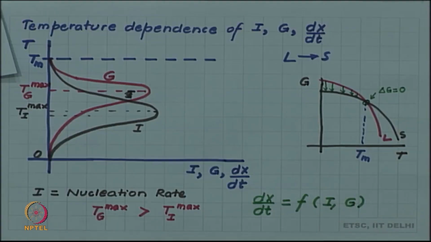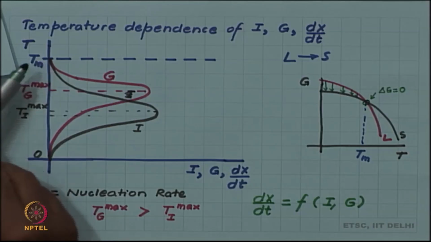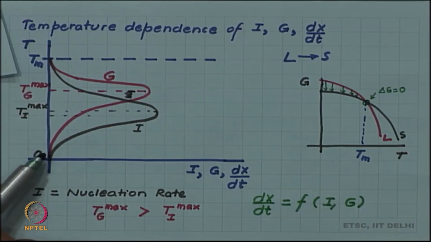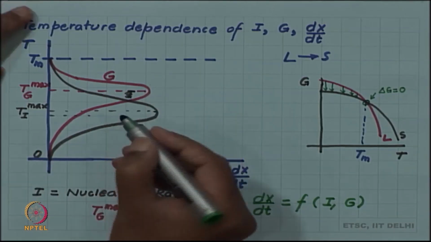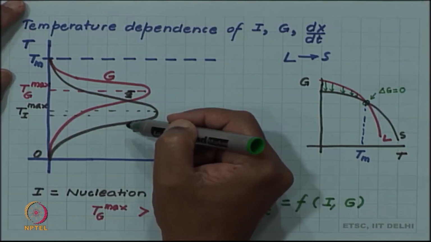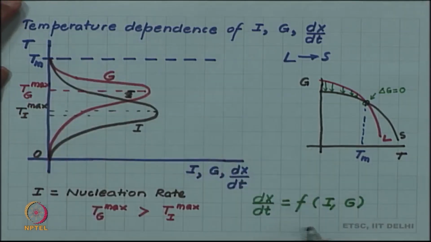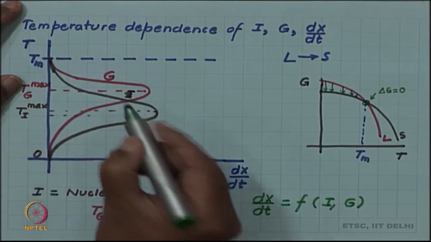So, obviously, at Tm where both nucleation and growth rate are 0, the overall transformation rate also will be 0. Similarly, at very low temperatures where both of them are small and close to 0, the transformation rate also will be 0. However, at the intermediate temperature where they have significant value, the overall transformation rate will also maximize. So, if we now plot the overall transformation rate,